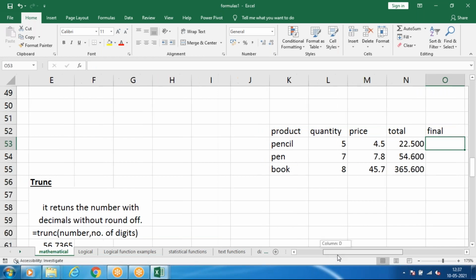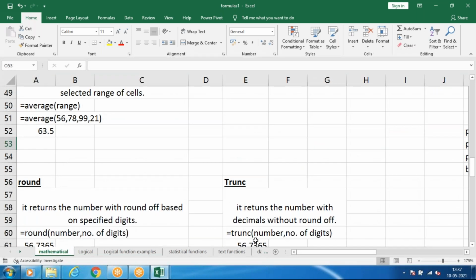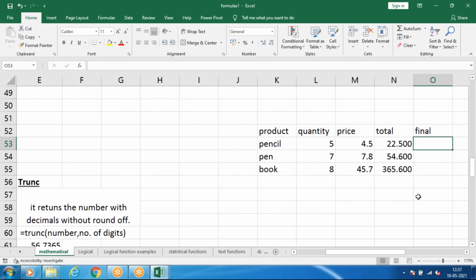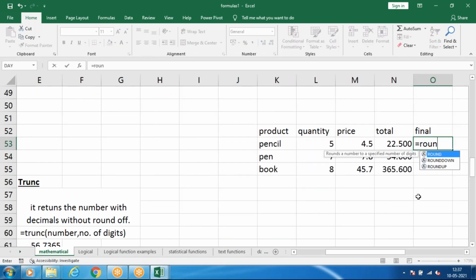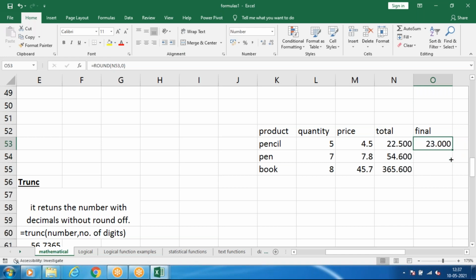For the final value, you can use the formula called round. Equals round, select the cell, comma. After the dot, if you don't want any digits, give 0 and give enter. So exactly it will round off.